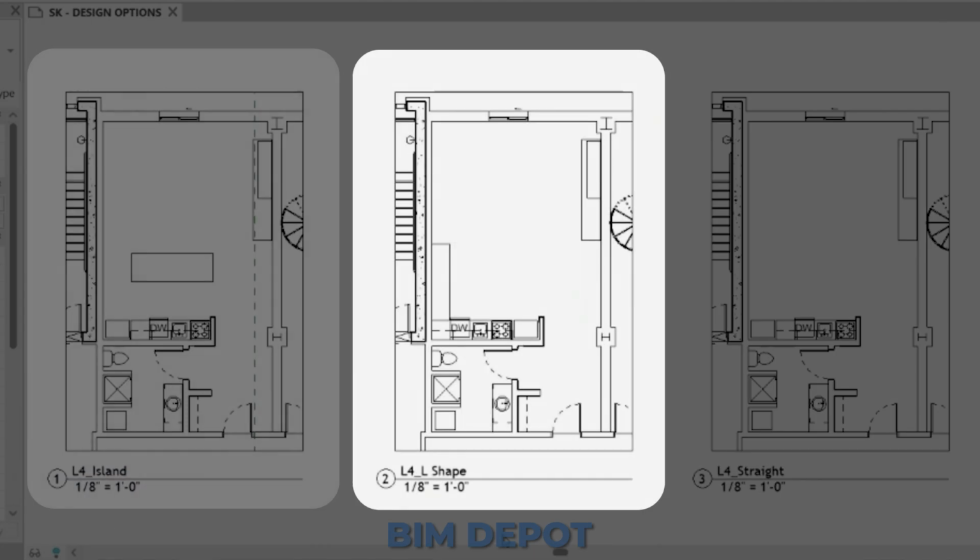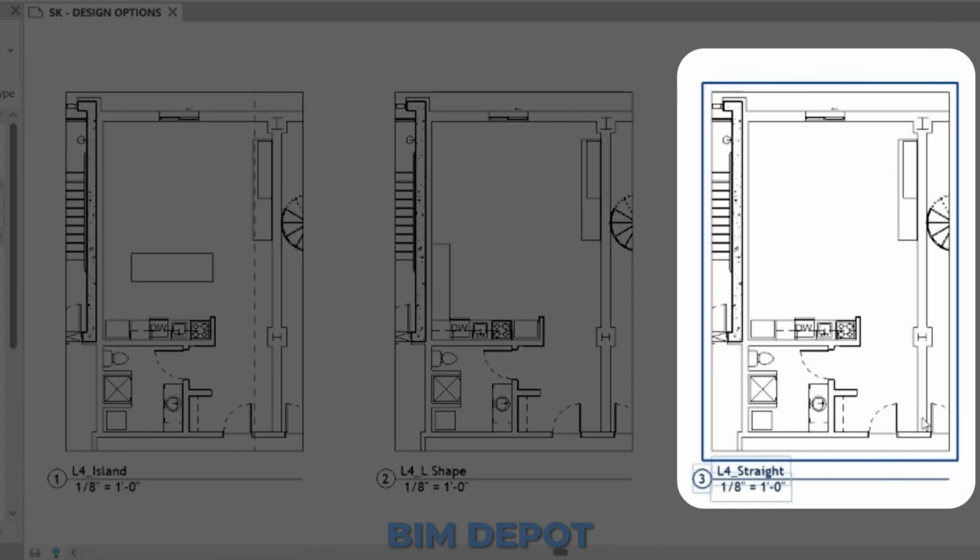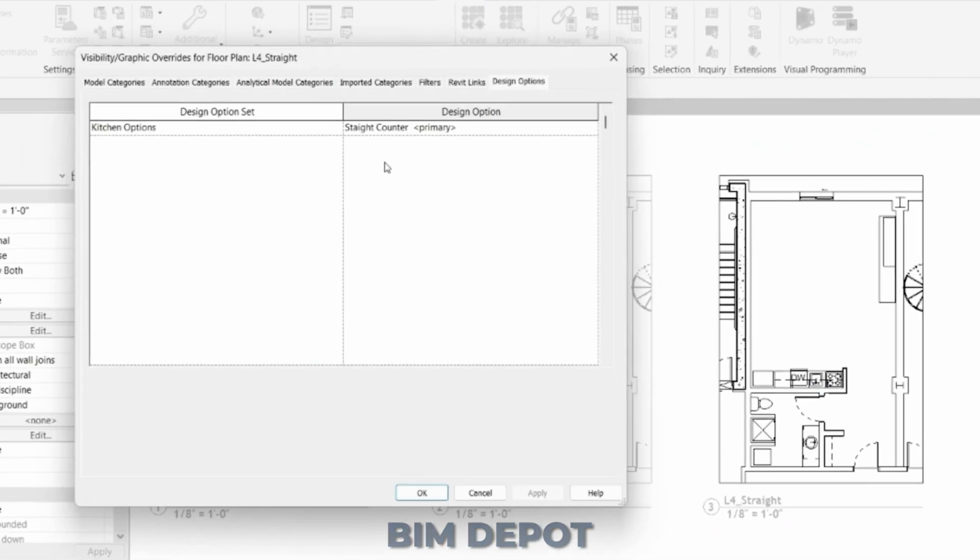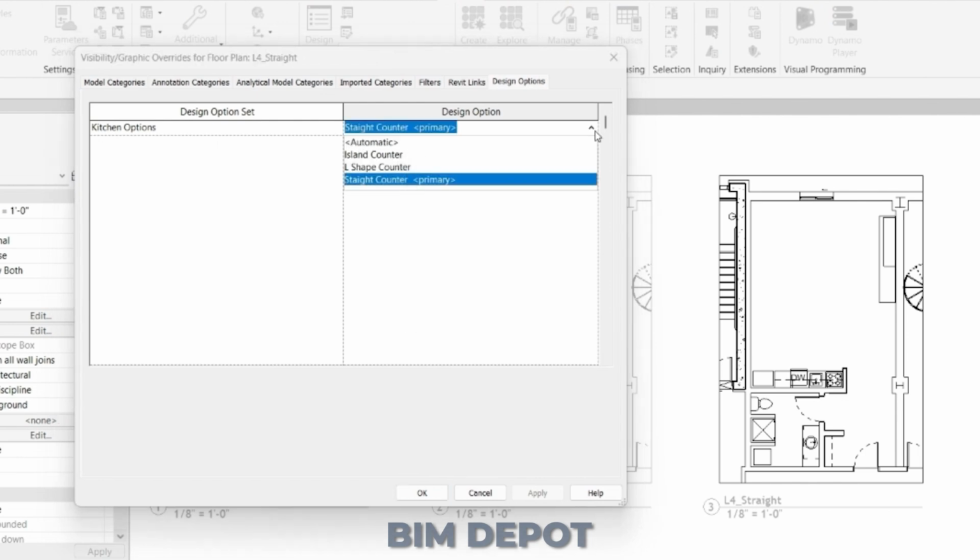the island shape, the L shape now has the L shape kitchen, and then our straight kitchen, the original primary option, is still showing that straight kitchen. So you'll notice that this kitchen option, even though it's the primary option, is going to show regardless if it's automatic. The reason that I actually set it to straight counter is because